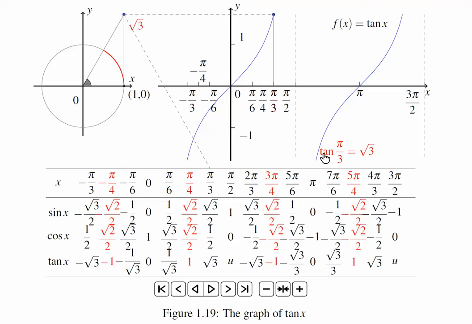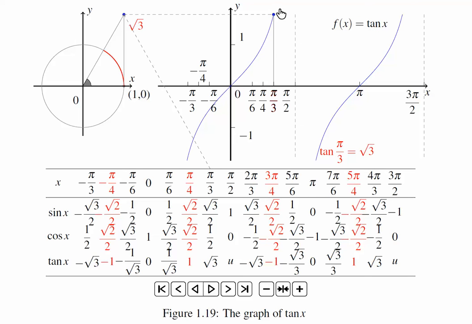Okay, and down here you get another branch. If you choose the ratio, let's say 5 pi over 6, sine 5 pi over 6 is 1/2, and cosine 5 pi over 6 is negative radical 3 over 2. Then the ratio will be negative radical 3 over 3. Or you may say negative 1 over radical 3. So basically,